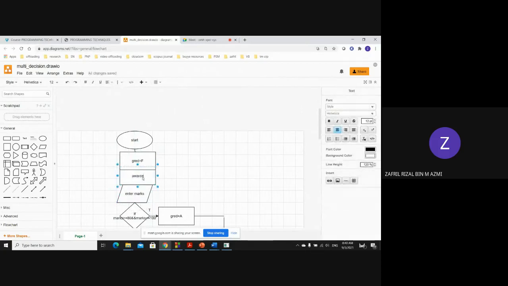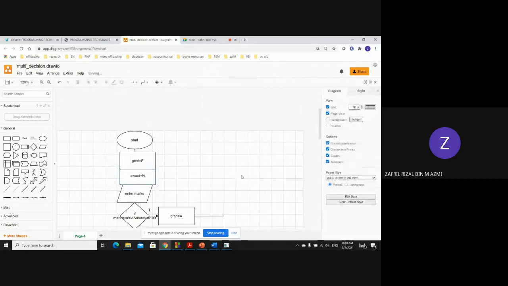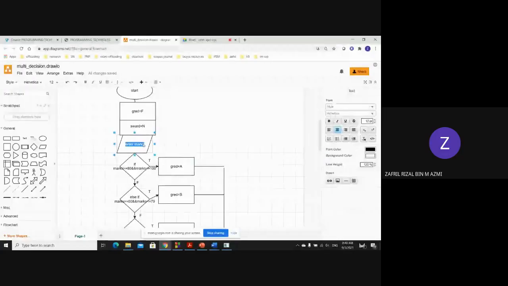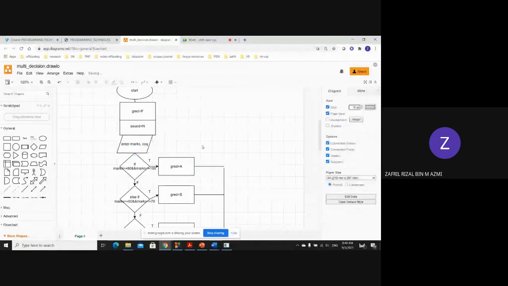What equal to N? And then what else? Enter co-Q. Okay, so this one, enter marks and co-Q. Next. Under the if marks is more than or equals, no. After grade equals to A,